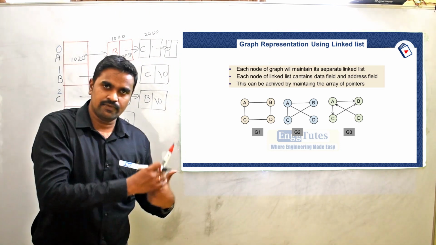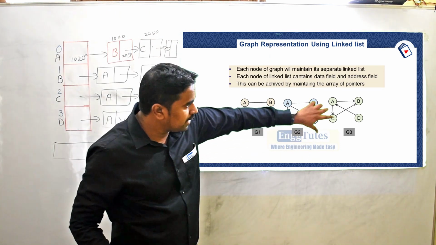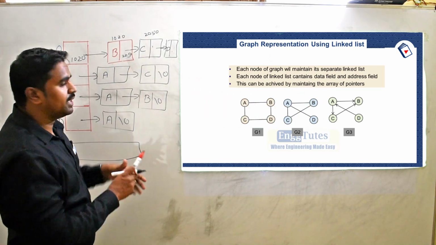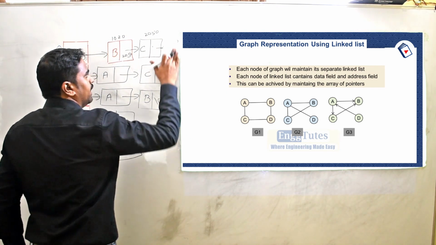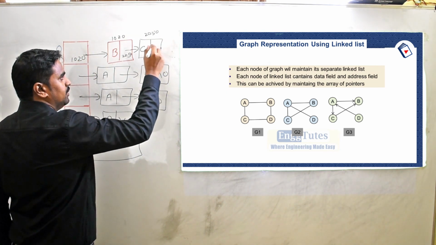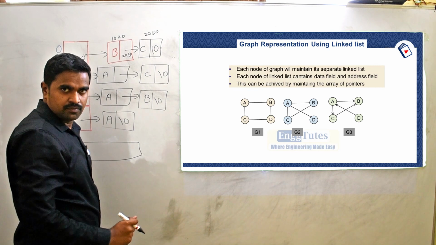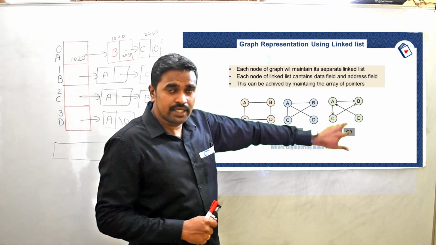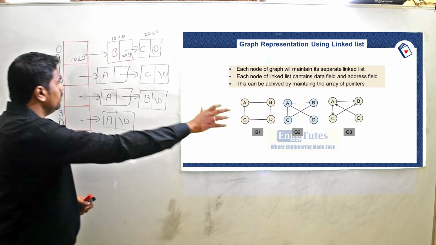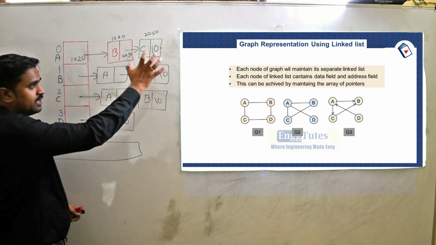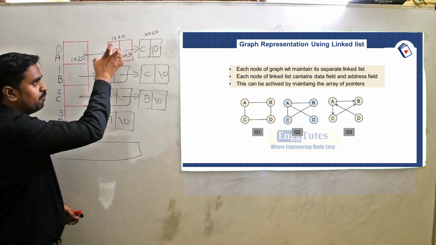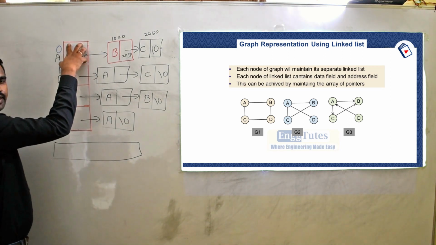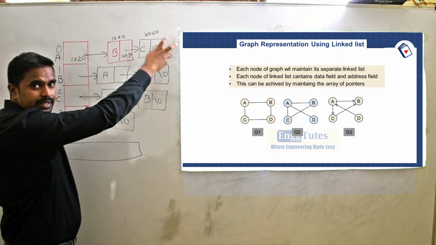वही अगर डायरेक्टेड ग्राफ रहेगा तो from A I can reach out to B and C only. So from A I can reach out to B and C. There is no scope for D, and the address field of node C is null. Okay, guys, इसका मतलब ऐसा होता है. So through A I can reach to B and C. So from A I have a linked list which contains two nodes B and C. It just represents that through this vertex I can reach to B node and C node.